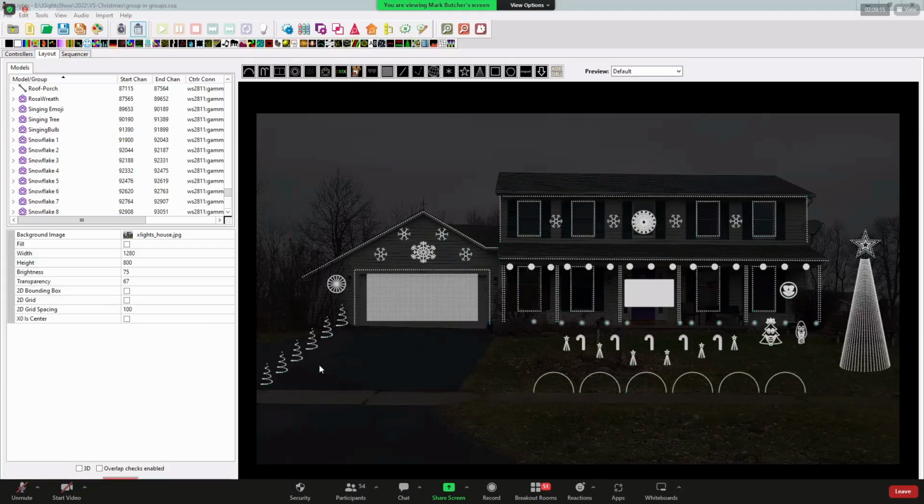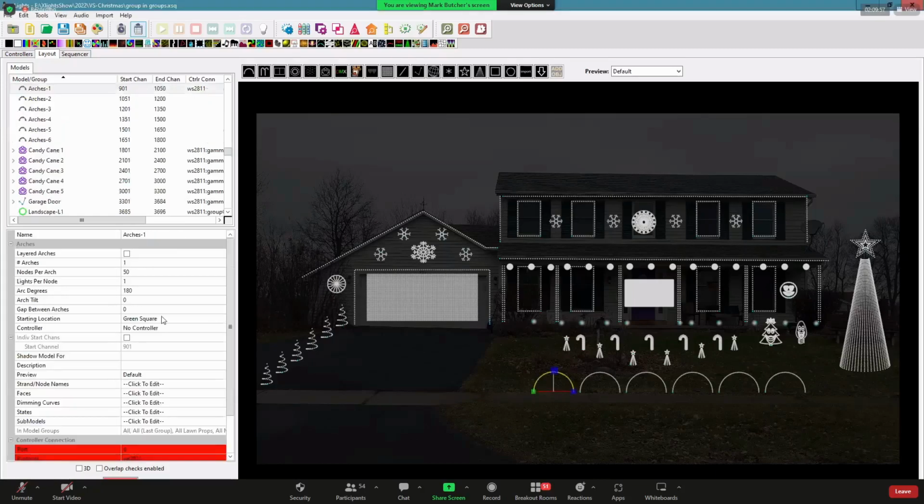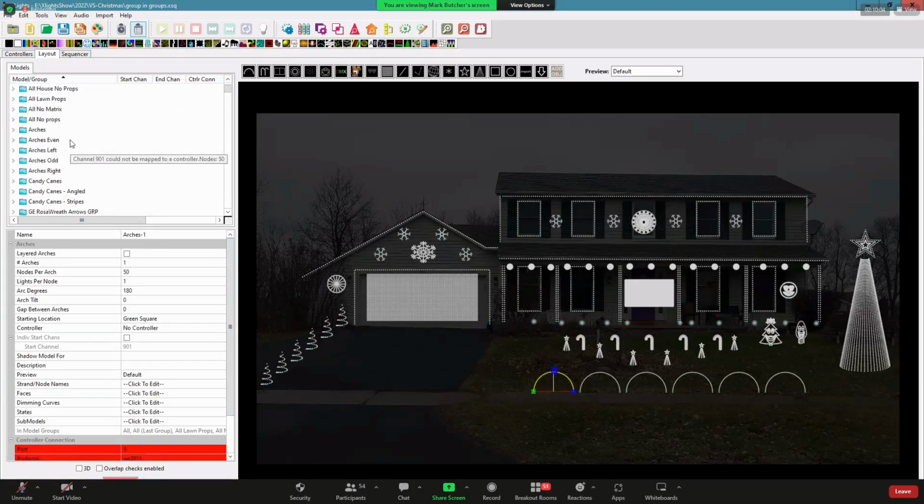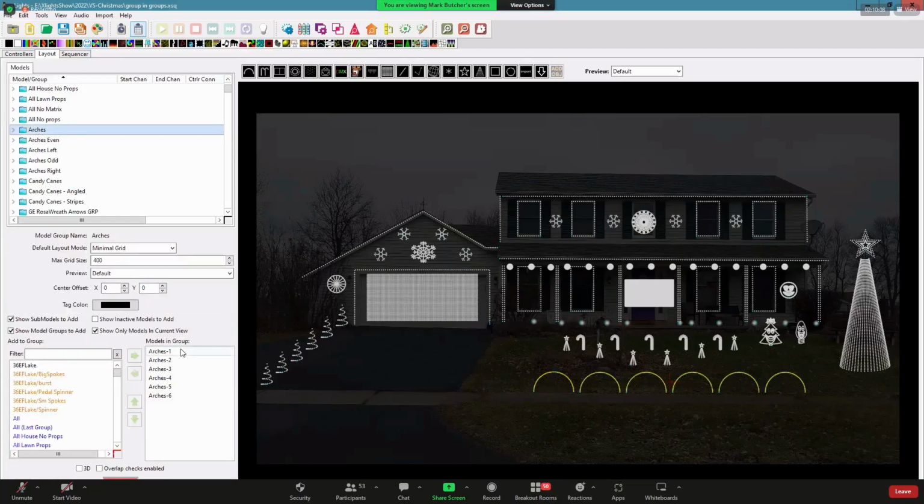Do you want to click on your arches there, for example? Yeah, I probably got my arches messed up. Well, we're going to catch your layout then. Let's see here. I go to the arches group. Did I do it right? Nope, I did it right. So I went from 1, 2, 3, 4. So I'm going across this way.